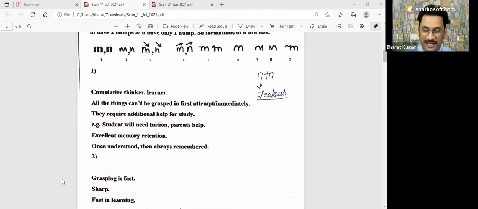So, type 5 is considered a kind of good stroke, and this hook is considered a positive hook. I told you now, in case of M, a hook is not considered negative. Okay. So, they belong to an educational background. How many of you agree if you are using type 5 of M and you got more support from your mother as compared to your father? How many of you agree with this?